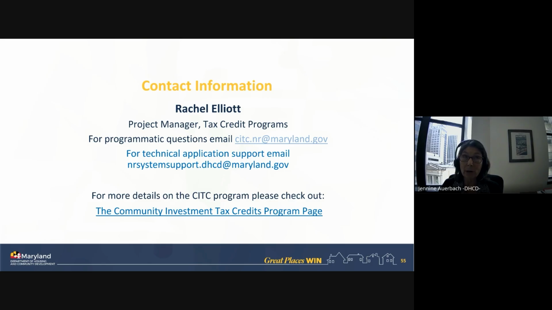This program was developed back in 1996 as a smart growth program, which is why investments are required to be made within priority funding areas. So if you think about that kind of smart growth revitalization activity, and this is very rare operating support for nonprofits, we recognize that, and we really like that operating support to bolster and support our state revitalization program activities.